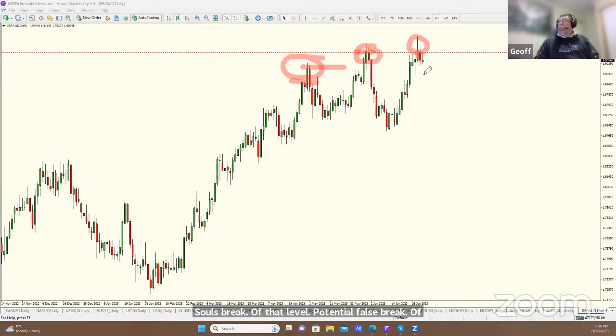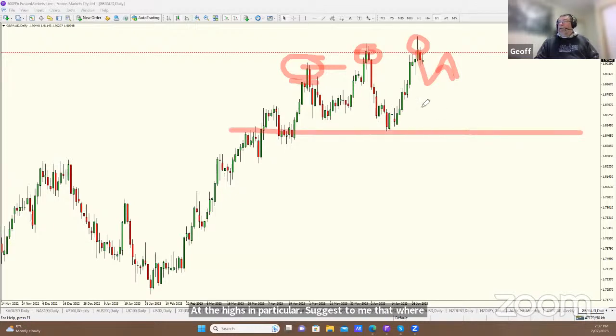But if I were to get a lower high, that confirms the false break of that level. Even if it were up to there, it still confirms the false break of that level. Three false breaks in a row at the highs in particular suggests to me that